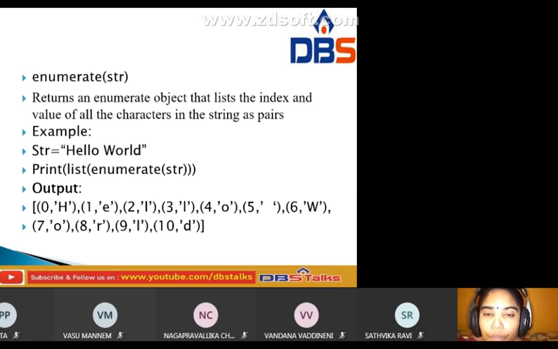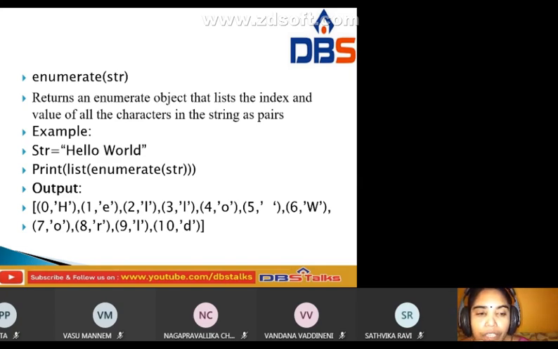First, index 0: the character is H. This is the pair, and a single character is returned in single quotes. Next, E is stored at index 1. Likewise at 2 we got the character L, and another L is stored at 3. Next, at 4 we get O. The fifth value is the space.